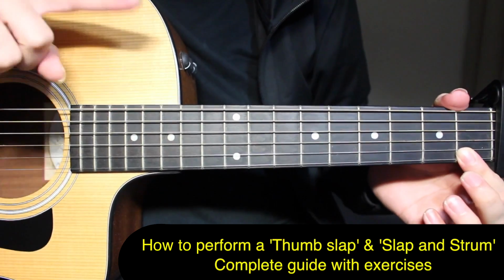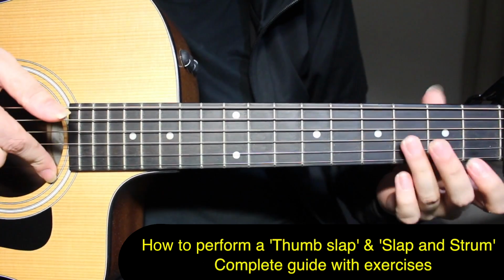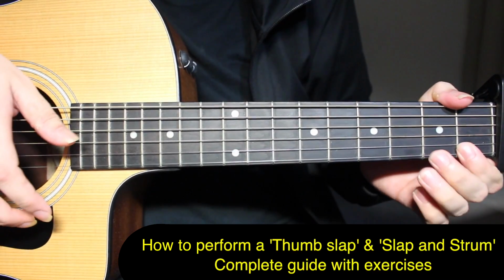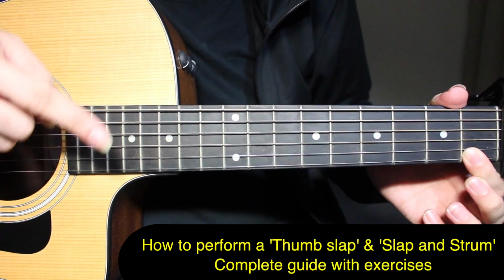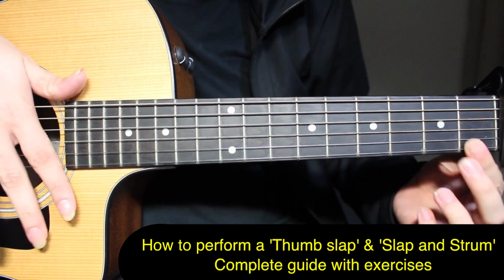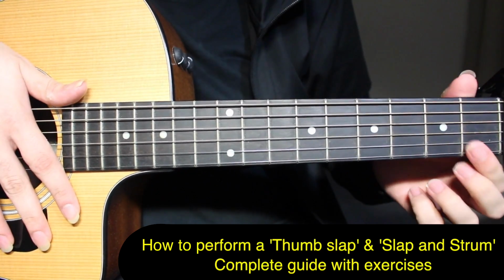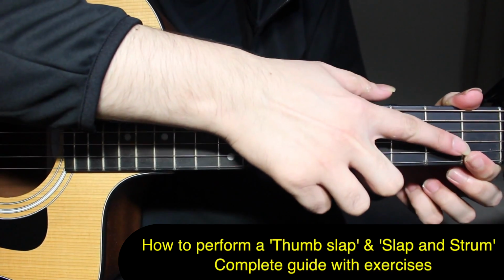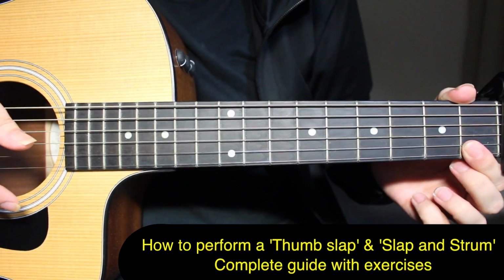Now, one more trick I want to show you. I showed you how to mute the lower strings with the help of the flesh of your finger. How do you mute the upper strings? Look closely, what am I doing? My index finger is muting the 2nd string. How? My index finger took over the 1st string, the notes that I want to play. Just this upper part of my index finger is slightly touching the 2nd string,